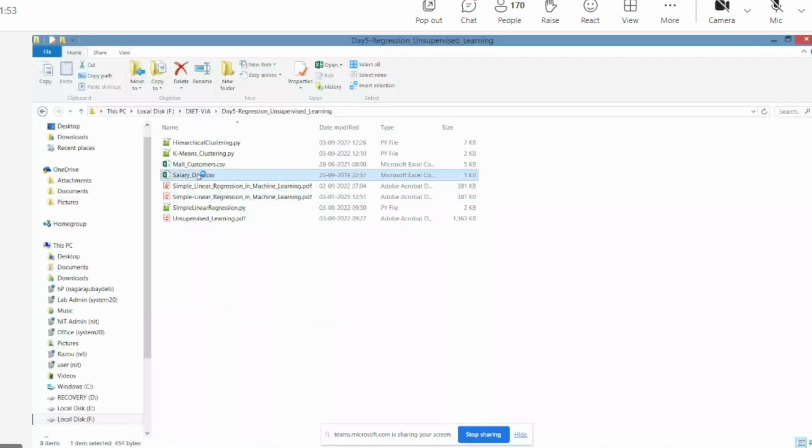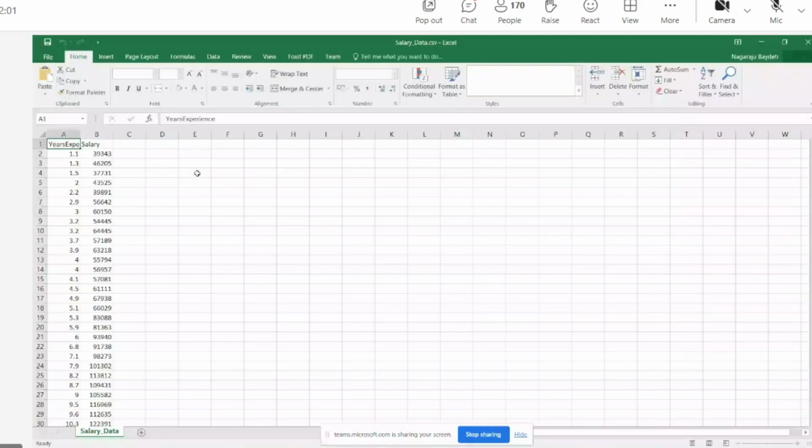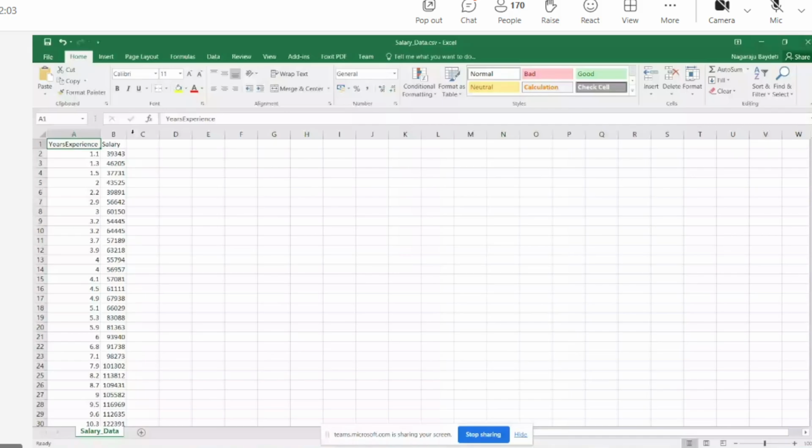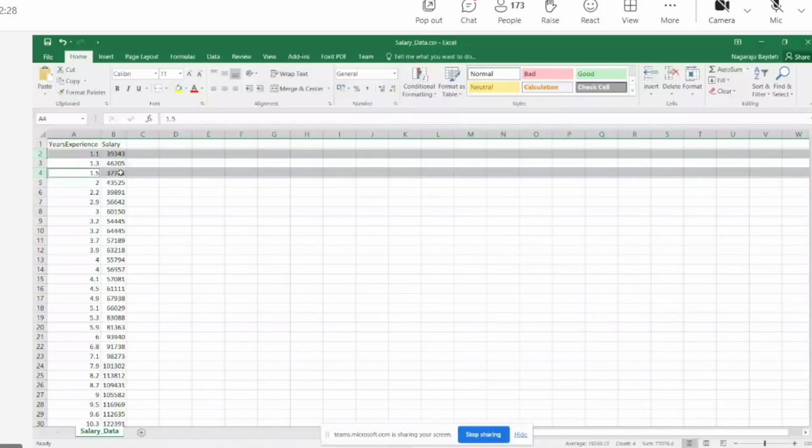Okay. And you will understand the difference between the data set which is used for supervised and this is unsupervised learning. Here you have number of years of experience and you have salary. There is no help or labeled data here. For example, you observe the first record. Somebody has 1.1 year experience. Their salary is 39,000. But there is another person, 1.5, but less salary than the experienced guy.